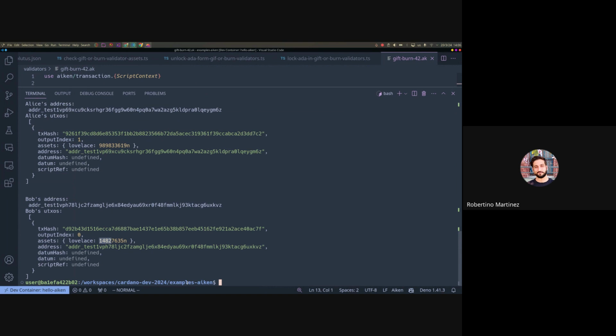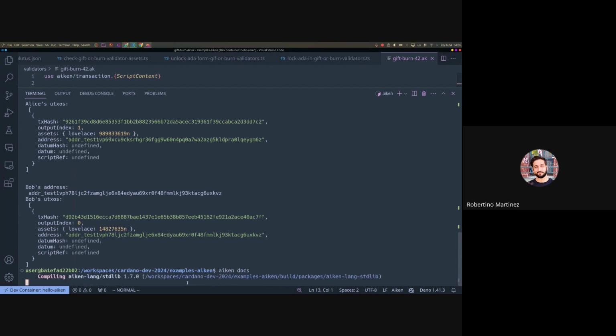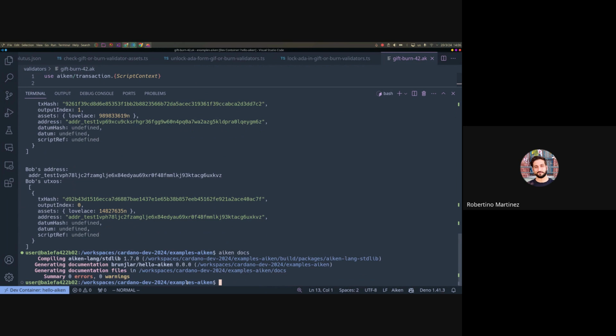But you can do it in your own browser, because you can run aiken docs, and this is going to generate the documentation for Aiken,